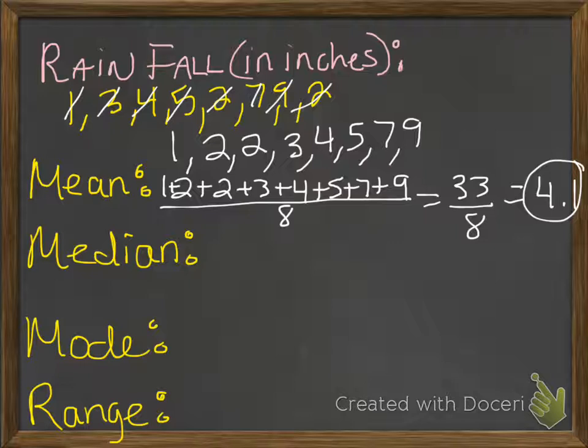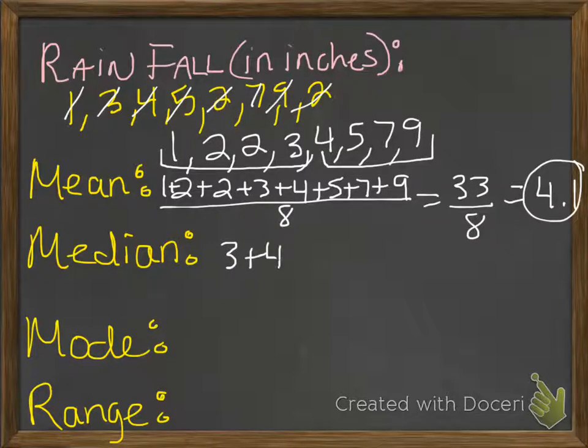For our median, we're going to look at our middle value. There are actually 4 values on this side and another 4 on this side, so our middle actually falls between 3 and 4. Most of you can see that the number between 3 and 4 is going to be 3.5, but let's say it's two numbers that are farther apart, like 10 and 18. In that case, you would take the middle two numbers, which are 3 and 4 here,